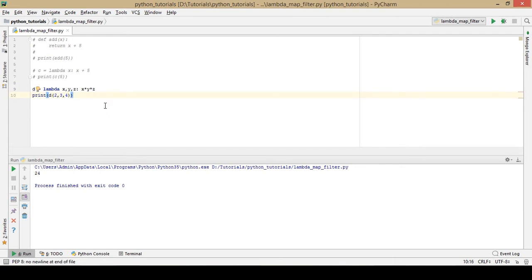So you can use as many parameters as you would like to assign, and I will be using much more complicated examples of Lambda function in the upcoming videos, in the upcoming projects that I'll be